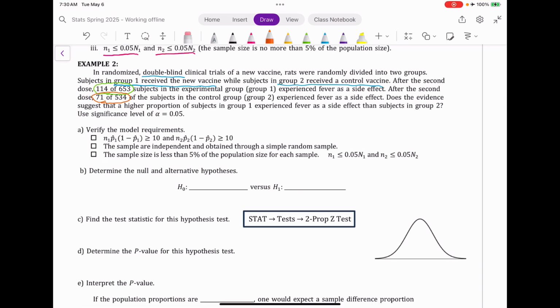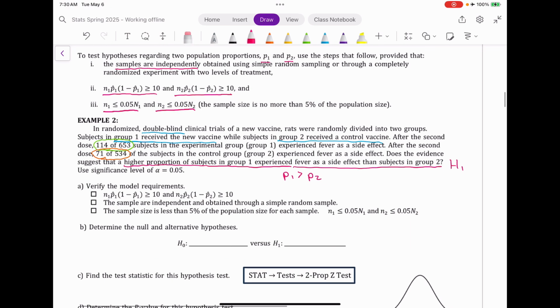Does evidence suggest that a higher proportion of subjects in group 1 experience fever as a side effect than the subjects in group 2? So we're simply asking, is P1 greater than P2? So this is our alternative hypothesis. Okay, so in part A, we need to verify that those 3 criteria are met in order to move forward with our